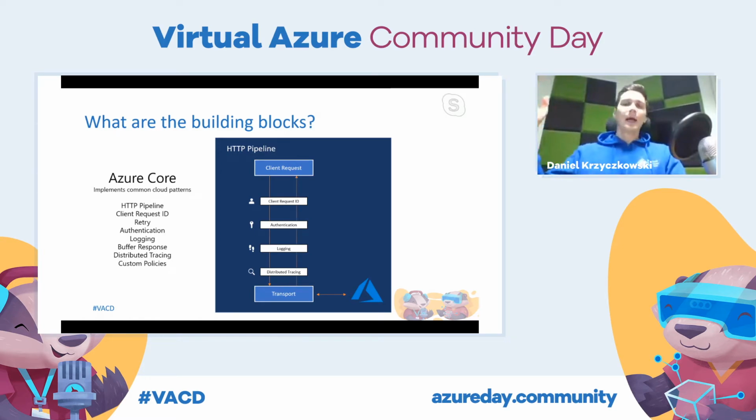Together with the request and response, for the response we can enable buffer response, so we can access partially the response, and also we can enable retry pattern for the request. So if the request failed, so it failed to, I don't know, pull secrets from the Azure Key Vault or failed to authenticate with Key Vault, we can enable retry, and this request will be sent after some amount of